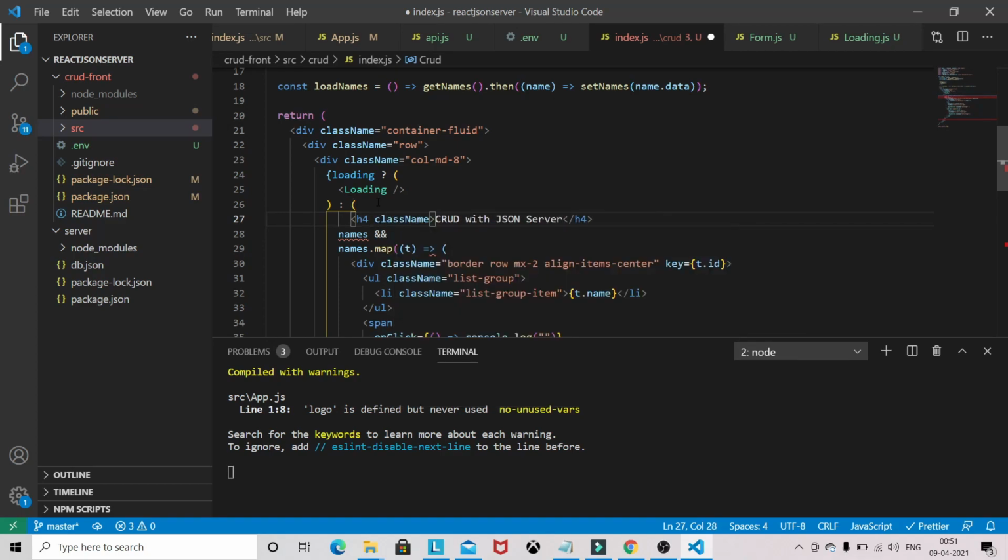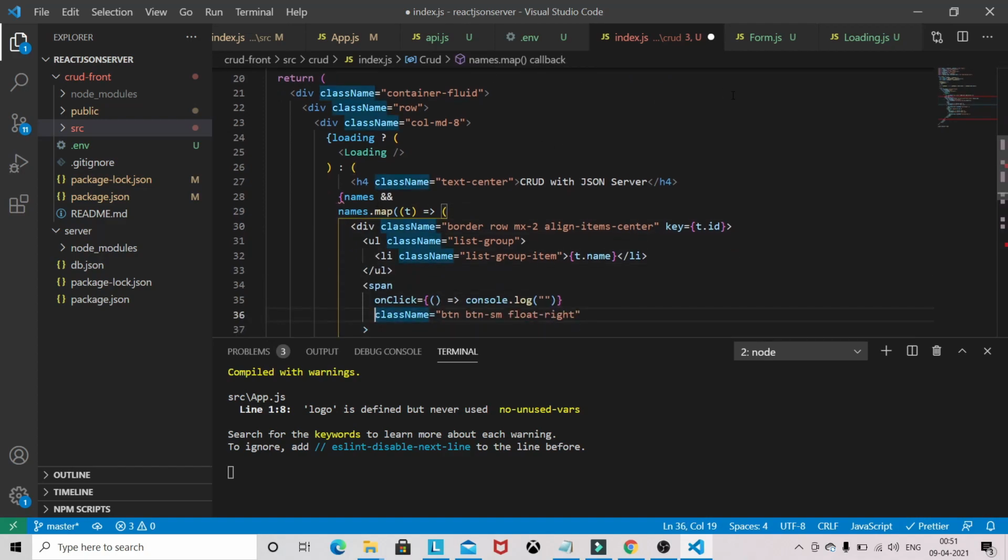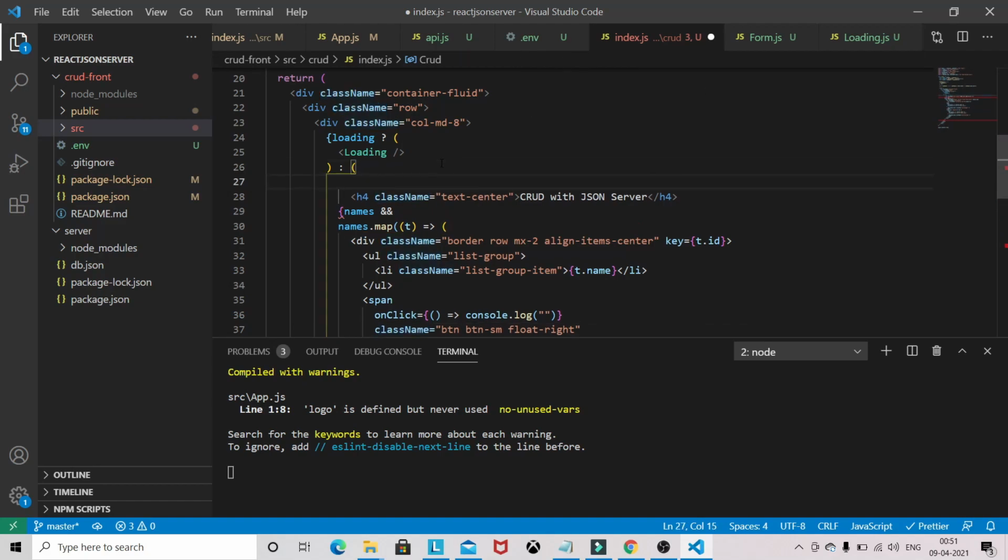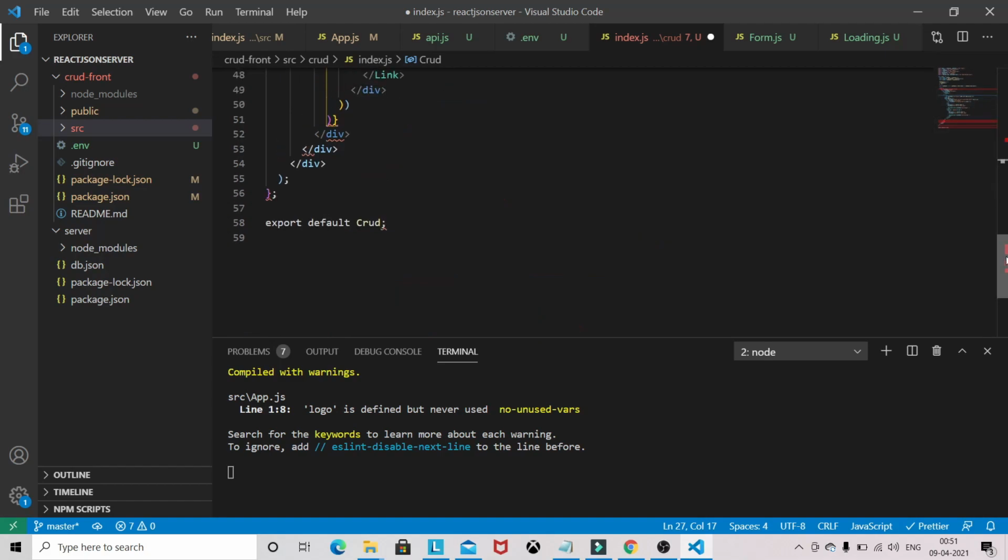You can give the class name like text-center, and here we have to wrap everything inside one fragment so that we don't get any error.